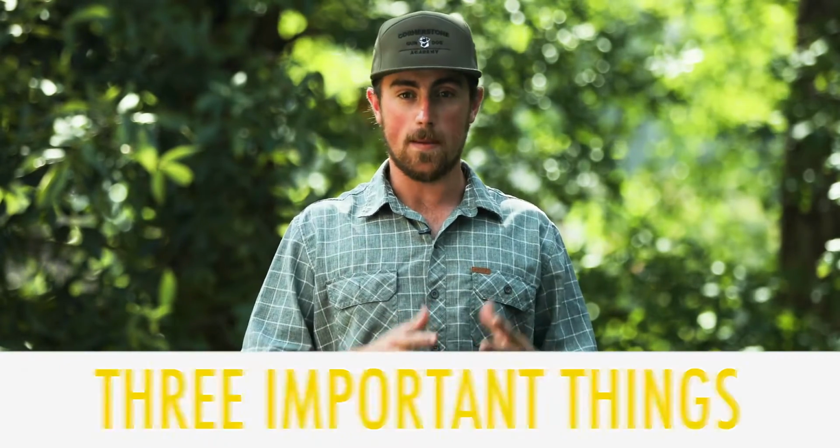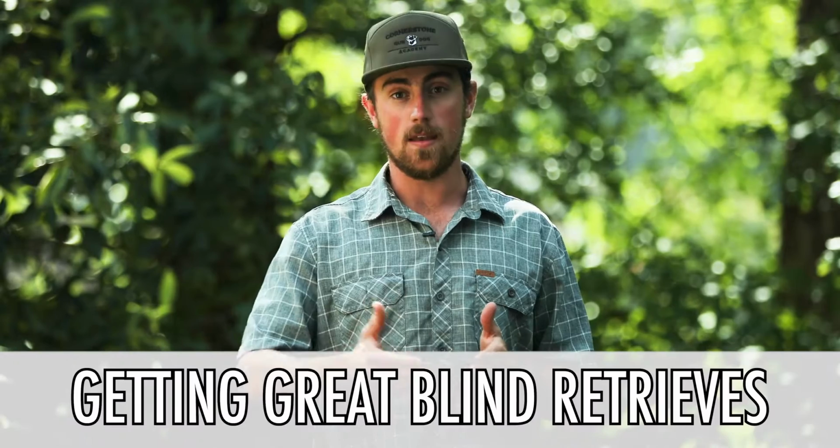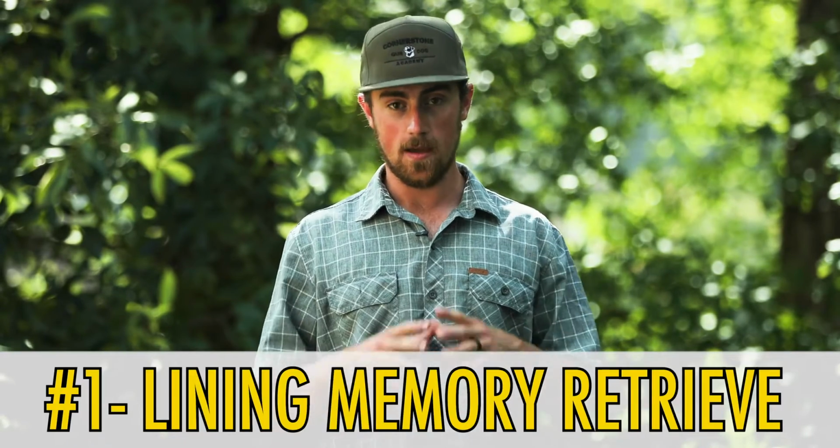But once you have those key ingredients, or once you've started working towards those, and let's say you have all of those key ingredients, you can do 3 important things to start working toward getting great blind retrieves. And really, you want to start small. And the first thing you want to do to start small is aligning memory retrieve. Very basic. It is one of the foundations of the blind retrieves, and it really helps set you up for